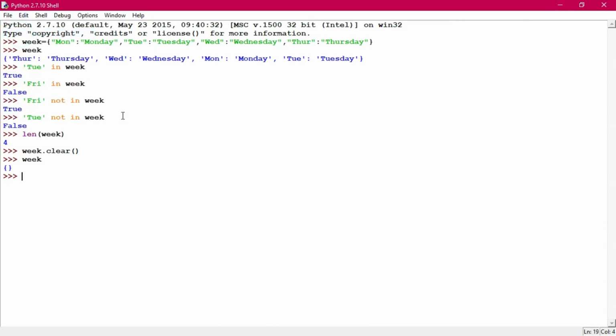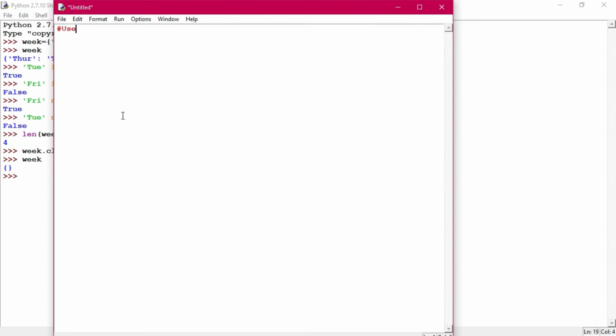So opening a new file here and creating a dictionary. Okay, the use of get method. I'm just writing the program, so every step is being practiced here. The syntax of the get method is dict.get, and then in the brackets you write the key, comma, default equals None. You have to give it in this way. All right, this is the get method syntax.